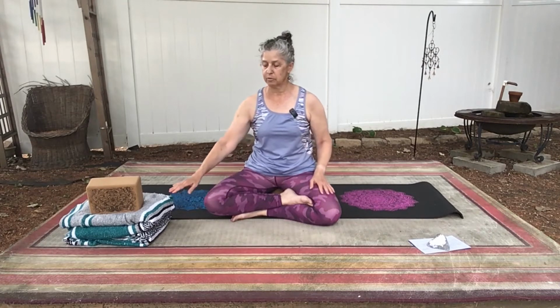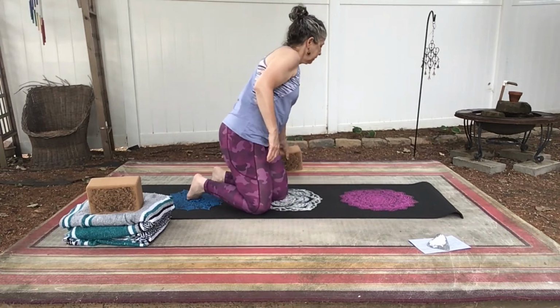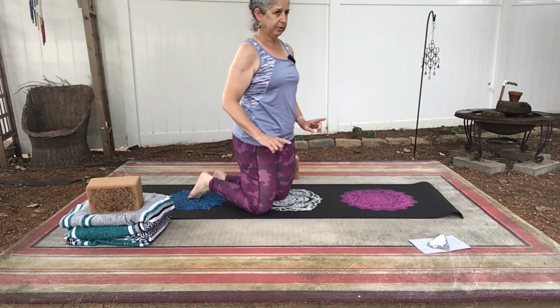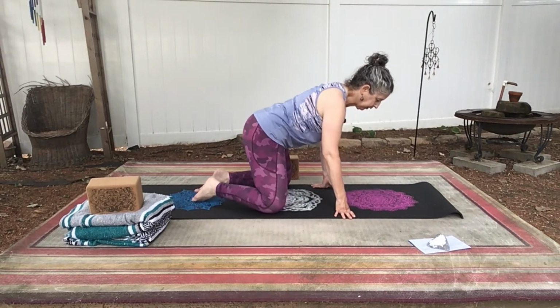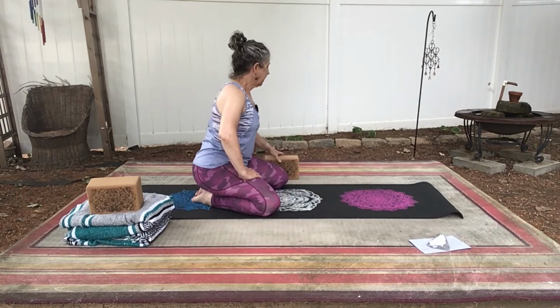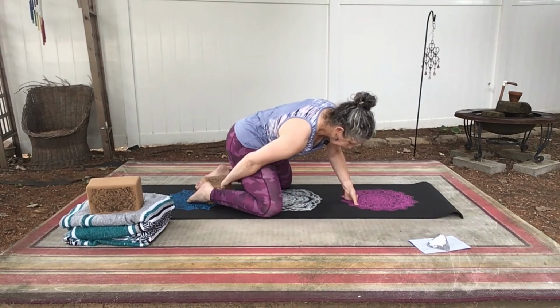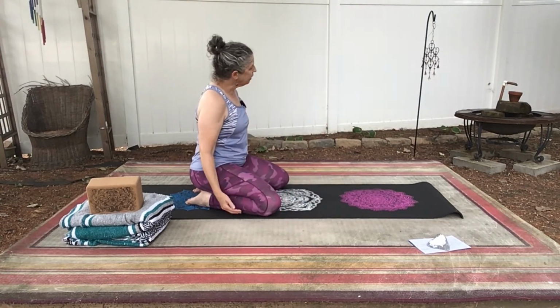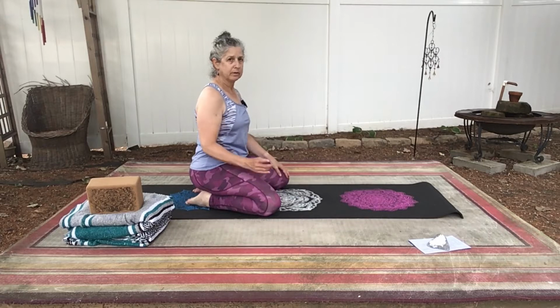If you are sitting up on a couple of blankets or a block, go ahead and remove it now, as I am going to, and put that off to the side. Although, if you have trouble in child's pose, one of my little tips for you, we're coming into wide-legged child's pose. So take your knees out as wide as your mat, and then you can sit your hips back on your heels, and you can always take the block and put it between your ankles. And that just raises the mat a little bit, and it makes it a little easier on your knees very often. And another little really quick tip